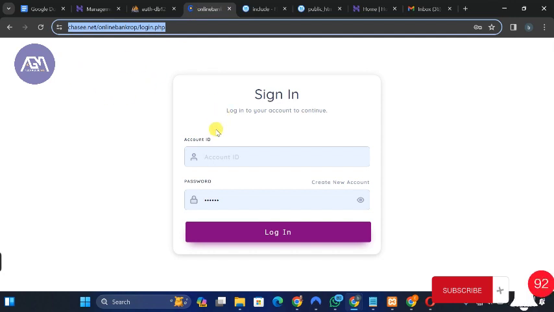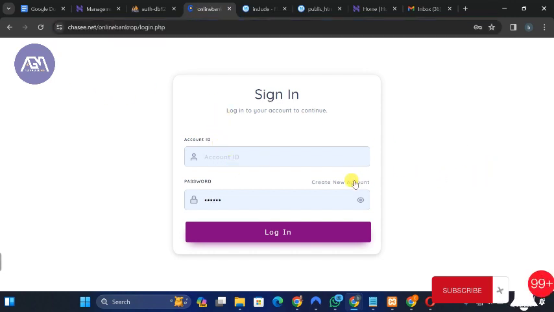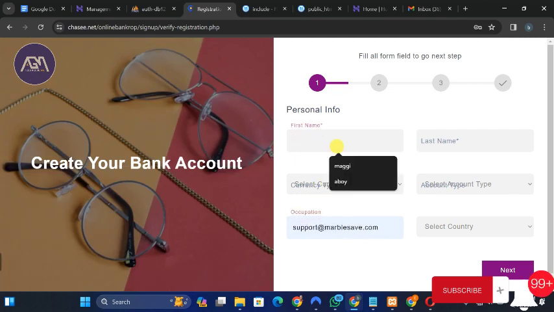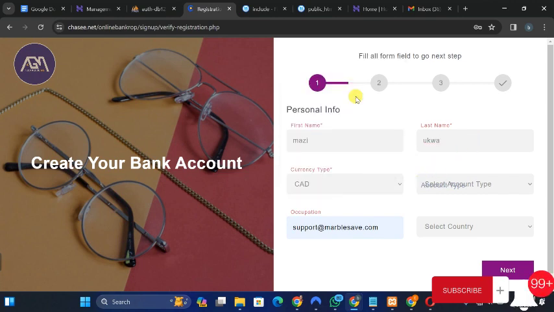So let's come back to our login page and let's try to log in. Okay, first of all, let's try to create an account before we try to log in. All right, so this is the registration page. I'm going to now set my name. All right, so I've set my name, I'll set my currency, I'll set my account type,